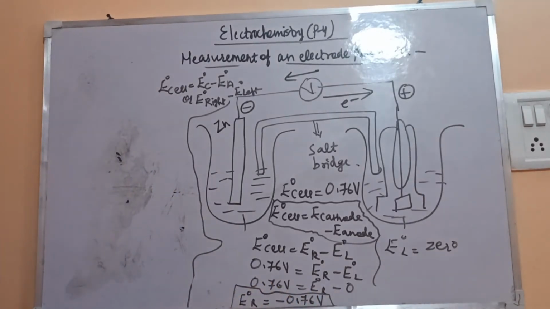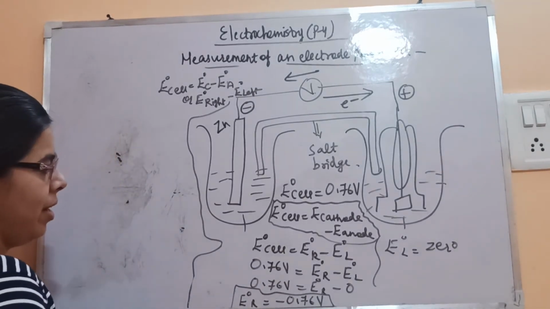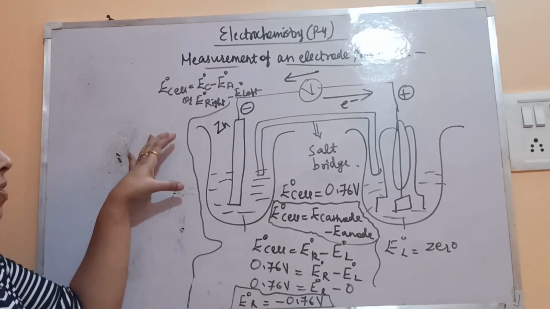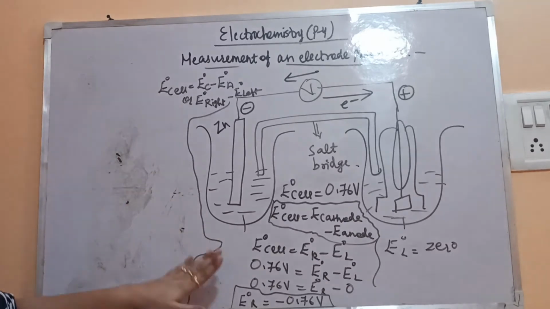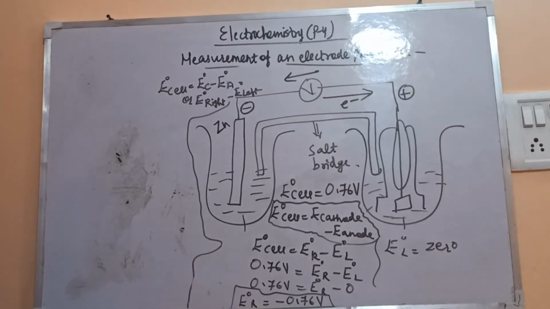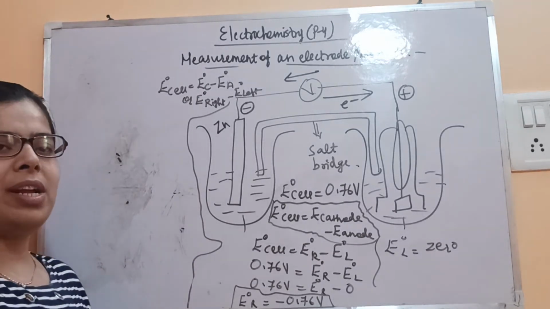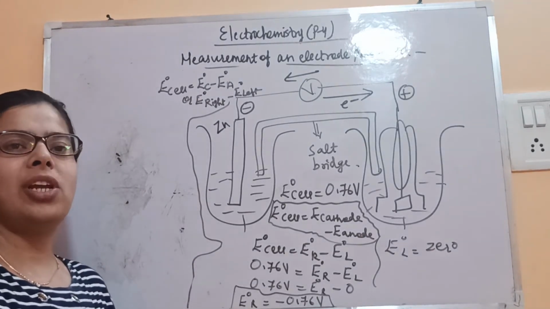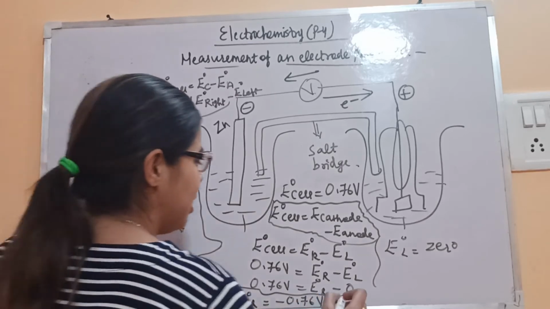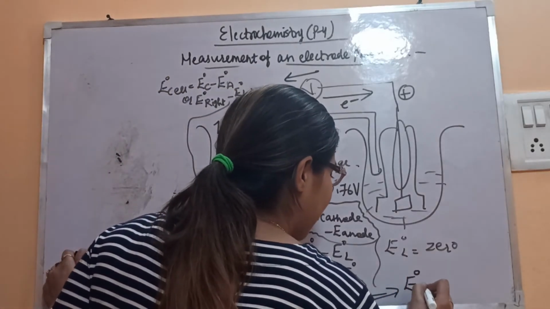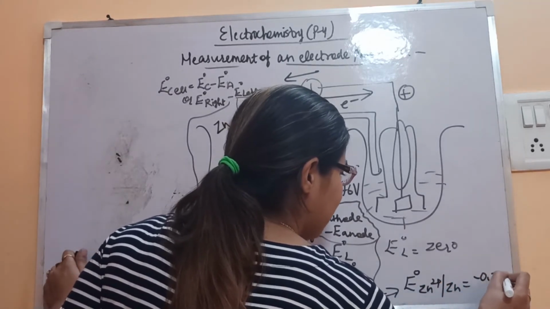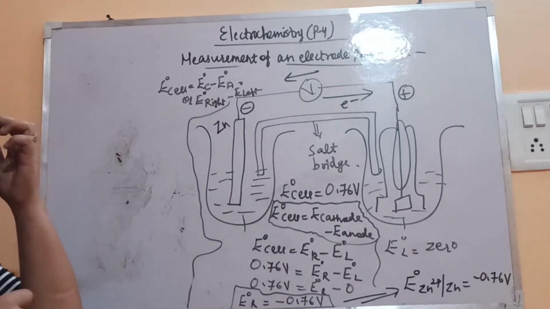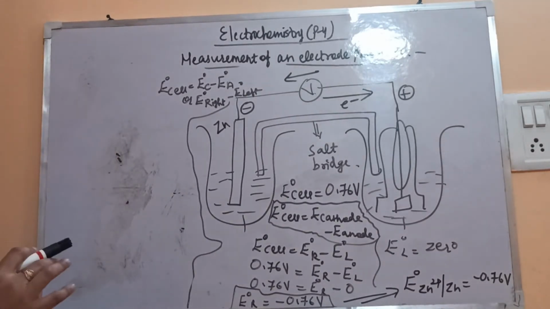In this way, we'll calculate the electrode potential with the help of the reference electrode, that is hydrogen. Whatever electrode we take for the measurement of the electrode potential that is under consideration, accordingly we'll get the value. By convention, what we are measuring as the electrode potential is the reduction potential. So here for zinc, Zn2+ to Zn, it is minus 0.76 volt, and this is an experimental value. I hope I am clear till here.